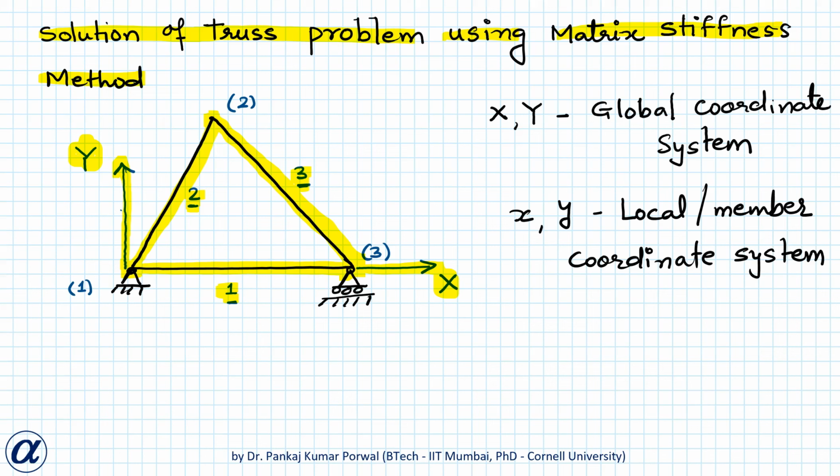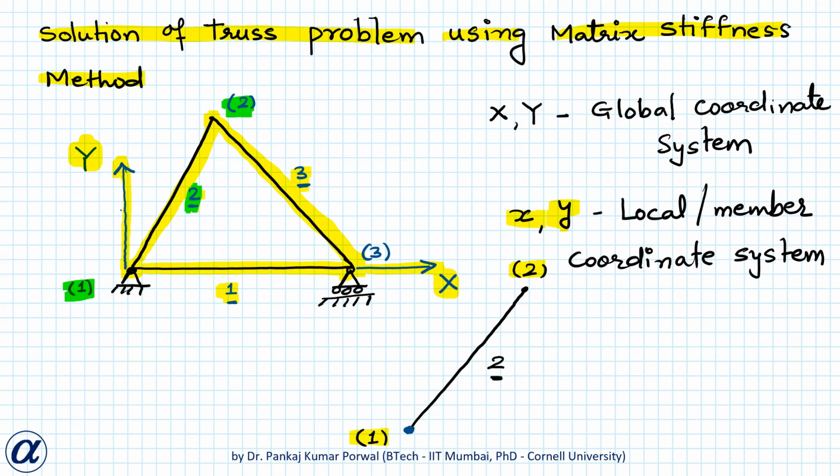and this will be local to each member, means each member will have its own small x small y coordinate system. Let's take example of member number 2. Member number 2 lies between node number 1 and node number 2. So for any member, for the two nodes, one number will be smaller than the other number. I will place the origin of my small x small y coordinate system or the local coordinate system at the